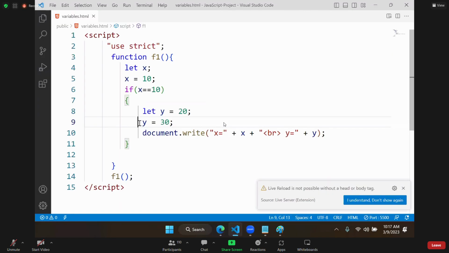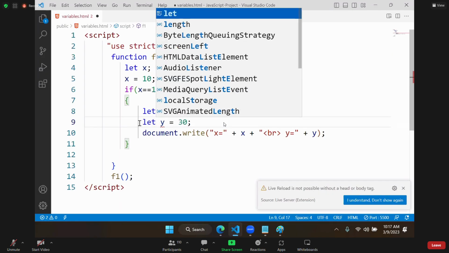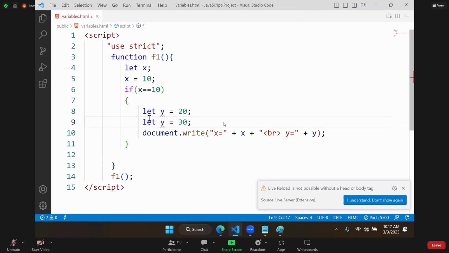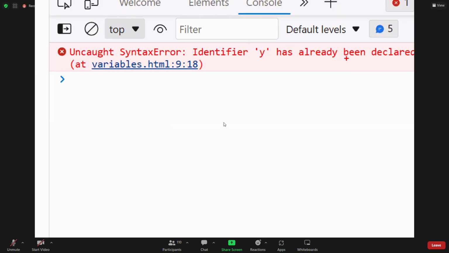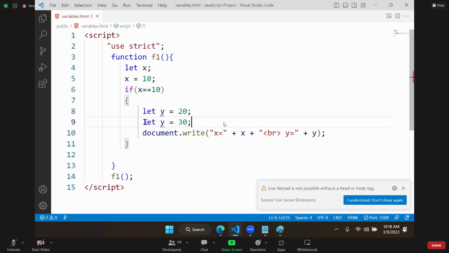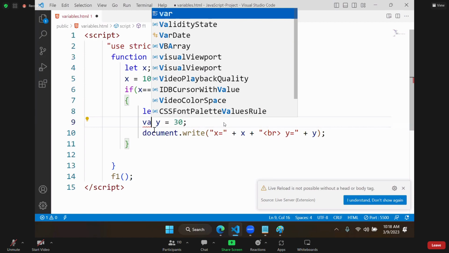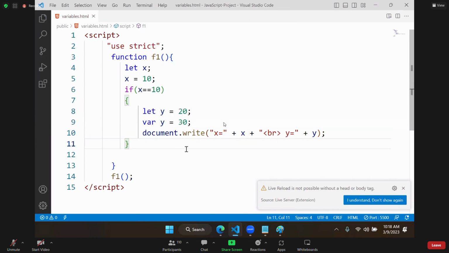It is called shadowing when, again, I declare let y. Then it will not allow shadowing. Now you can see it says that y is already declared. Now, if I use y with var, is it okay? Is it valid? Still it is not valid. Why? Because